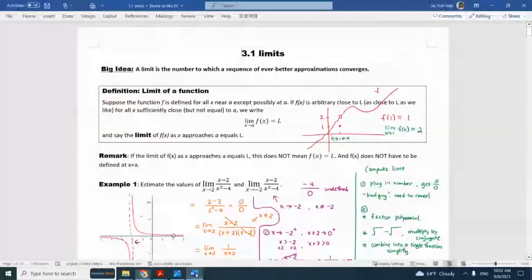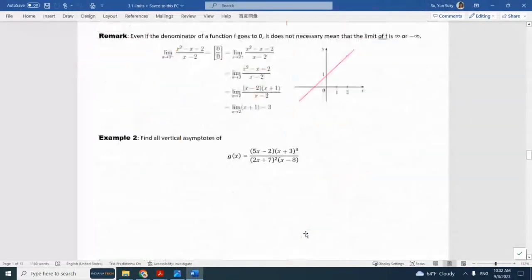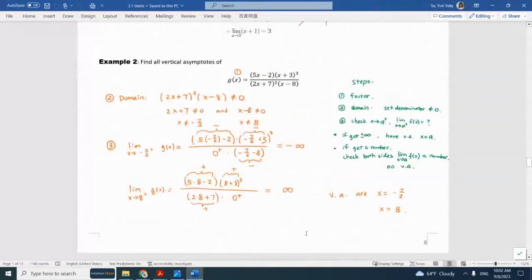So let's continue. Same worksheet. And last time I wrote out the steps. This is the steps. When you see a rational function and you want to find the vertical asymptotes, you first